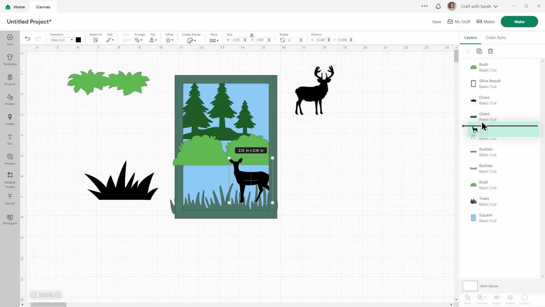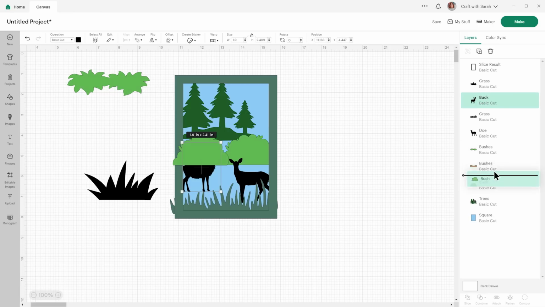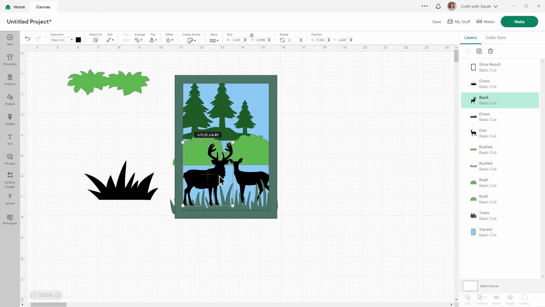My deer, which should be behind the grass, and my buck. Let's make their ears touch so that they'll be joined together when it's cut out. I'm making sure that things are touching the edge, so my border, so that they'll all be joined together when this is cut.